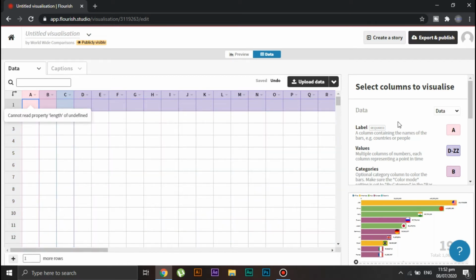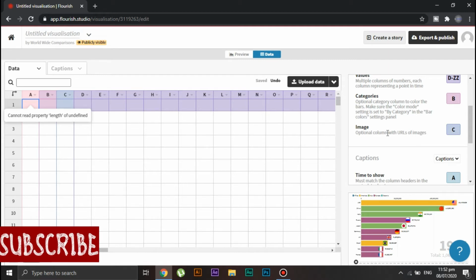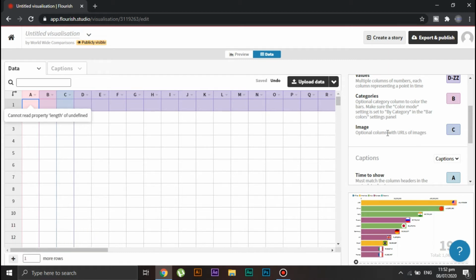For example, the column A is specified for names of the bar, column B is optional, and in column C you can add the image URL, and in the remaining columns you can write the values. Now I will explain this to you with the help of an example. So I want to compare the GDP of 10 countries.